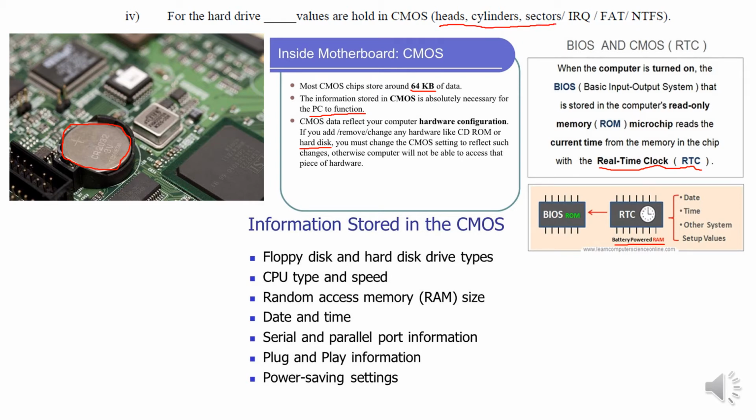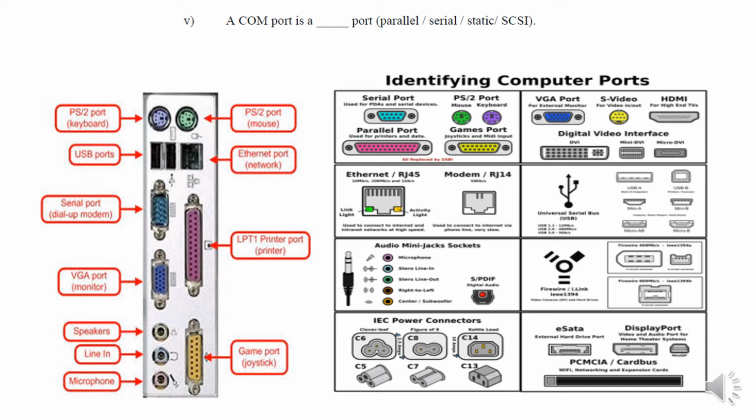head, cylinder and sector, are related to hard disks. The hard disk has different disks, cylinders, and in the disks there are sectors. Magnetic hard disks are HDD. Those have all these features, and the values for these features need to be stored in the CMOS. So the answer will be head, cylinder, and sector, or the values of these. The next question is about the size of head, cylinder.